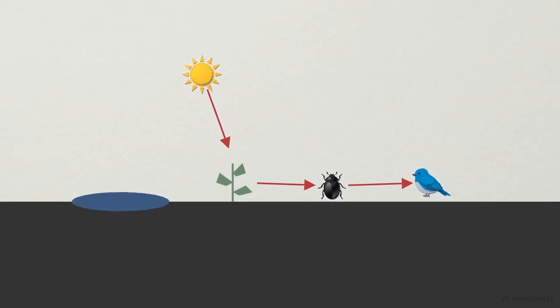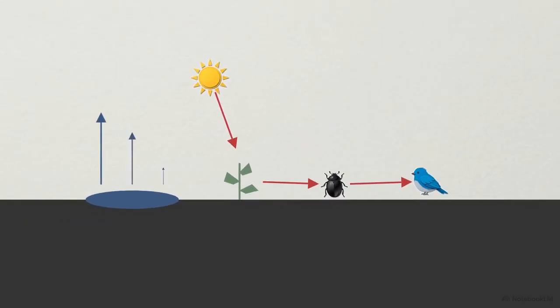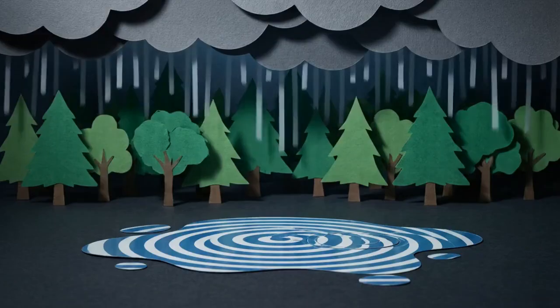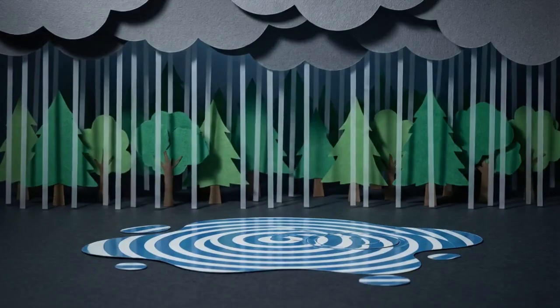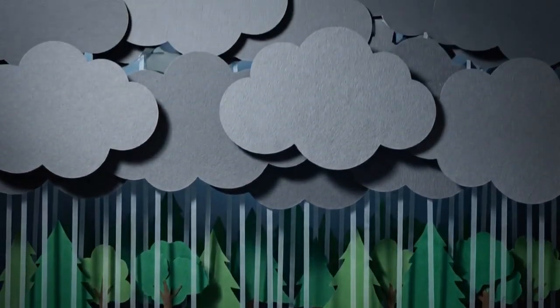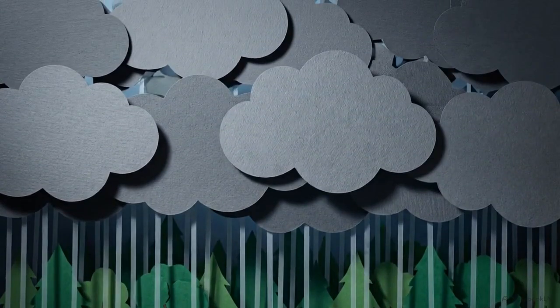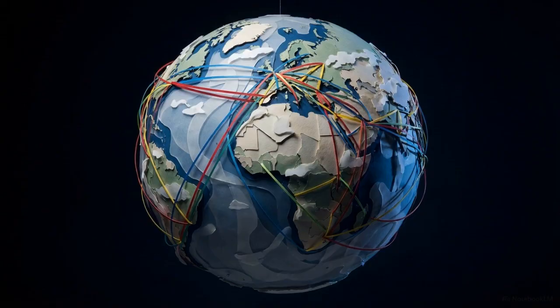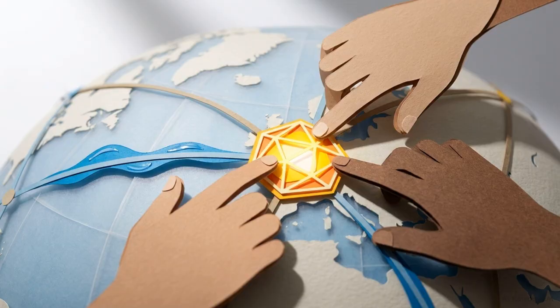Zooming out, the diagram overlays this chain with massive physical processes: evaporation, condensation, and precipitation. The water from a puddle that dries up today becomes the clouds of tomorrow, eventually raining down to sustain ecosystems hundreds of miles away. Earth operates as a massive, perfectly balanced, interconnected machine. Science provides the tools to trace how every individual piece relies on the others.